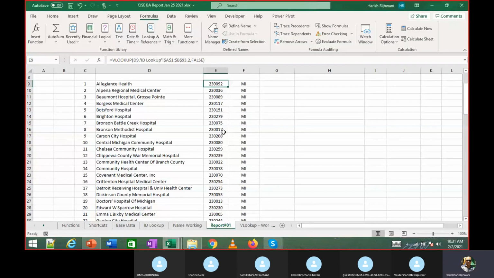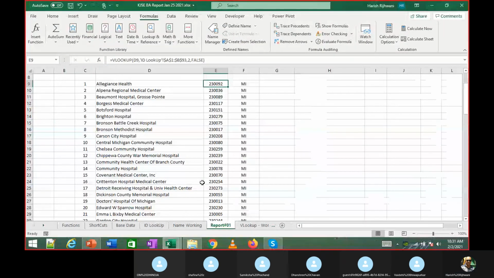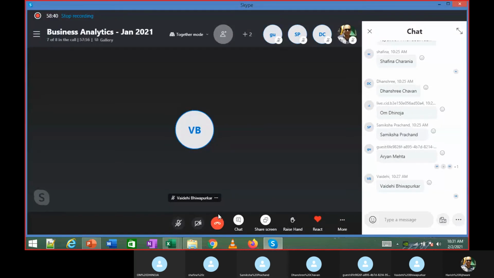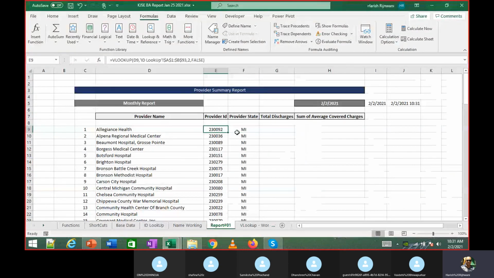Getting the output, should I repeat what I did again? Okay, folks, if you have no doubts, please try this VLOOKUP.